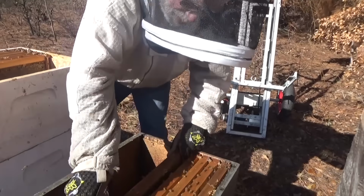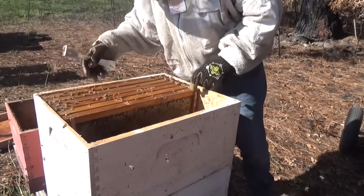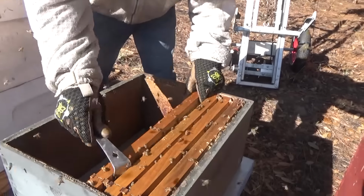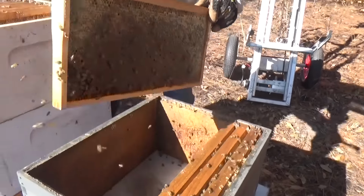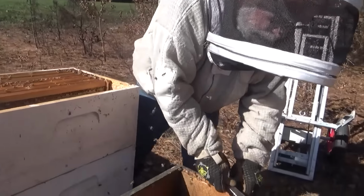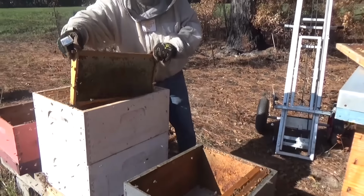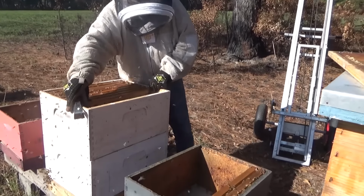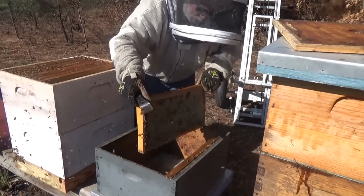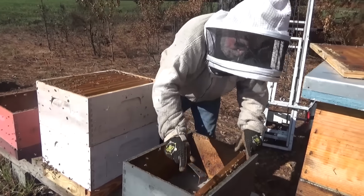Well, when you stop and think how many forest fires bees live through, well, not these bees, but some bees know how to survive. Yeah, I just really think that's the key right there, Charlie, is that bees are just so adaptive to their environment. At least the strong, healthy hives. You know, the weak ones, well, not so much. But strong ones like this one, they're going to make it. And out of all our hives here, these were the two worst ones as far as the smoke and fire goes. So I'm very encouraged